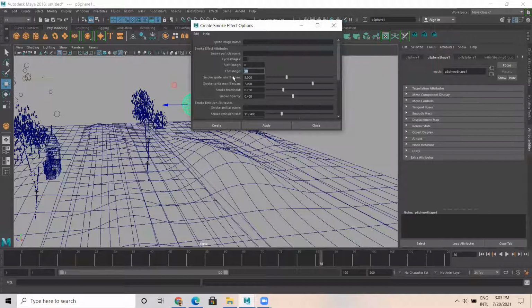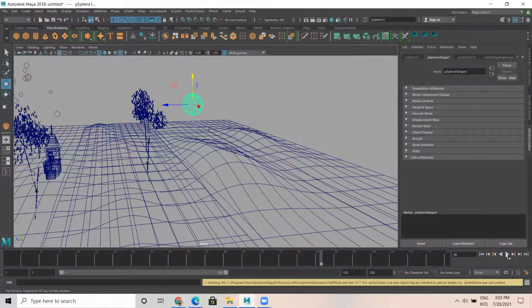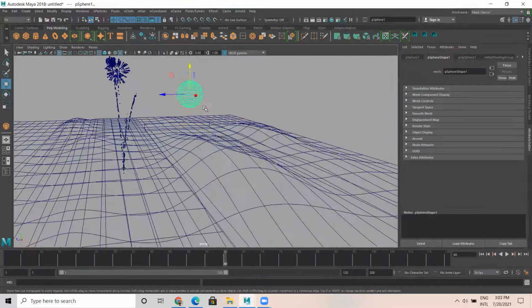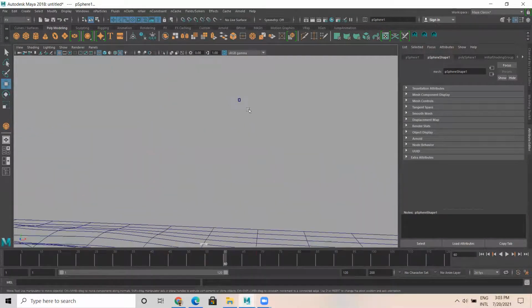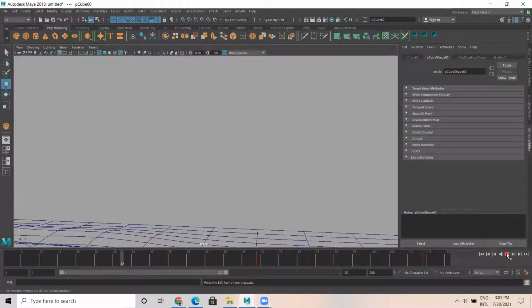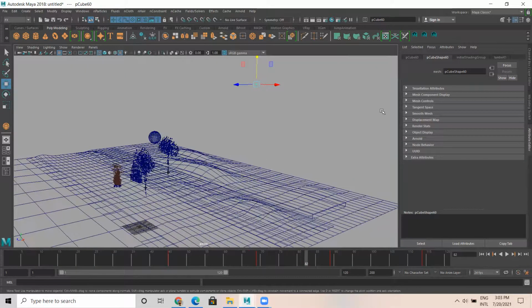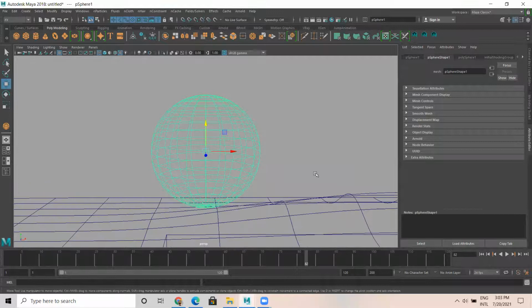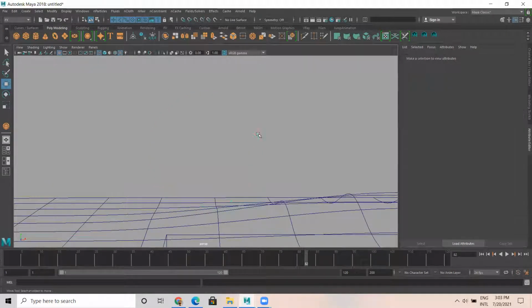Okay, end frame is 50. I add 200. Okay, smoke is coming, but okay, this is the animation part. We'll show you the smoke part separately later.